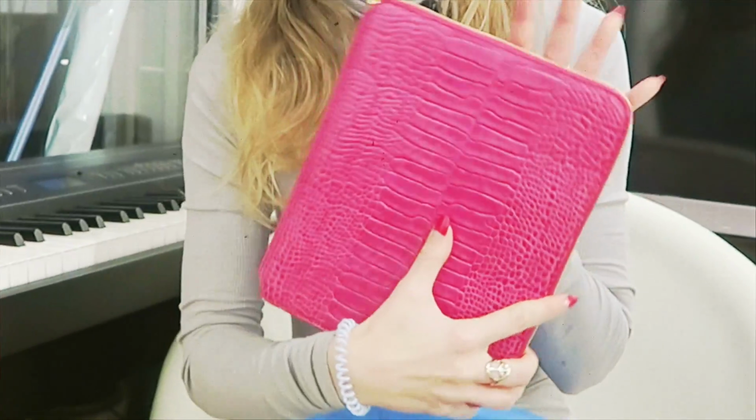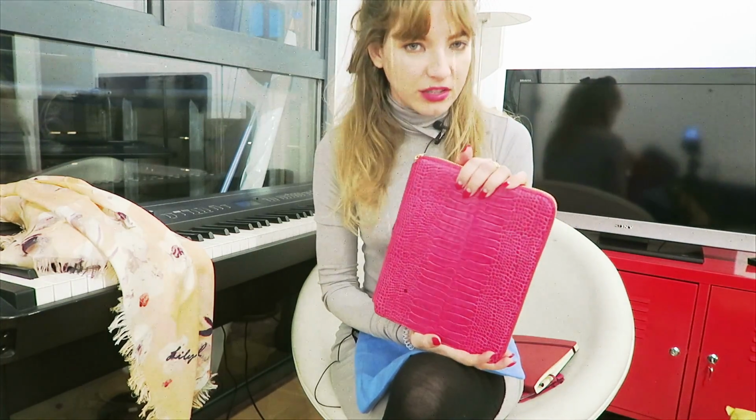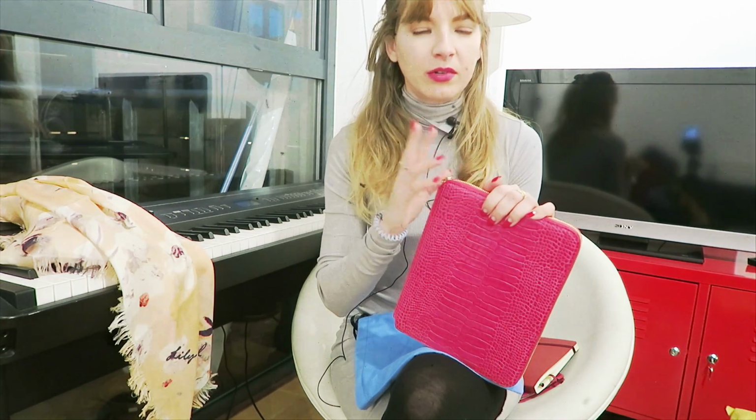I got this because I am going to use a planner. I use a lot of planners and agendas. I like writing things down. So I have a journal, I have a bullet point journal, then I have the notebook where I write art stuff in, like lyrics, and then I have one more for ideas and more businessy stuff. And